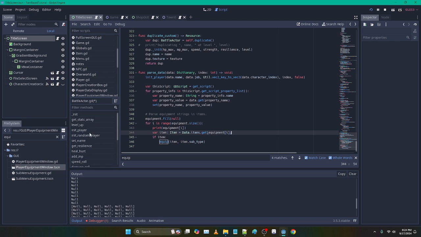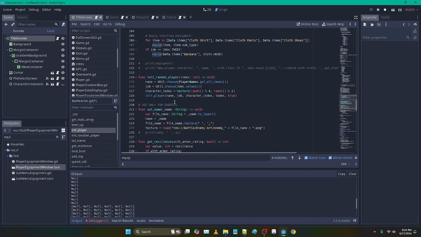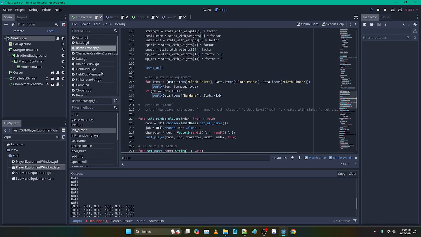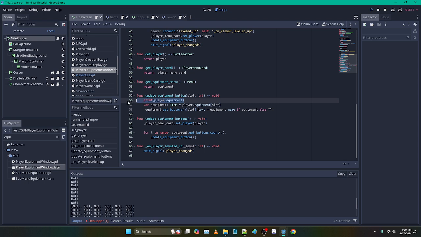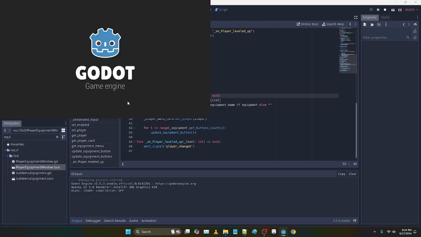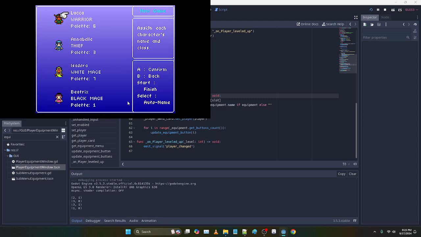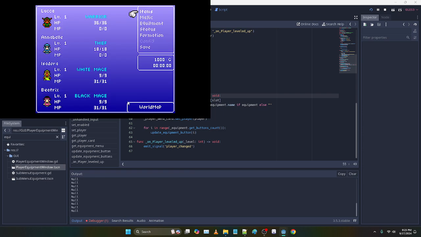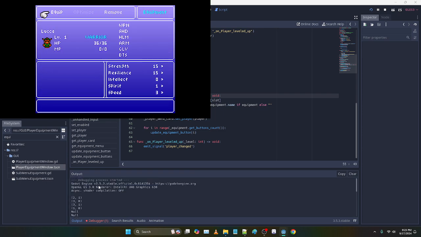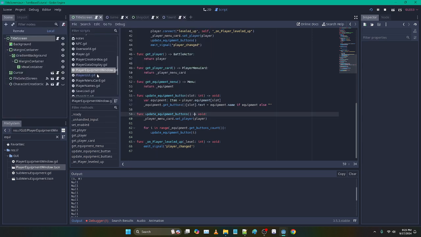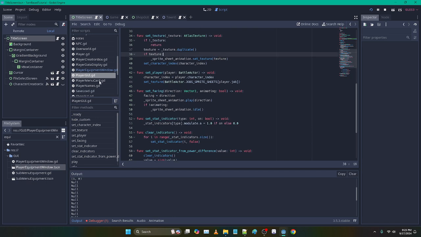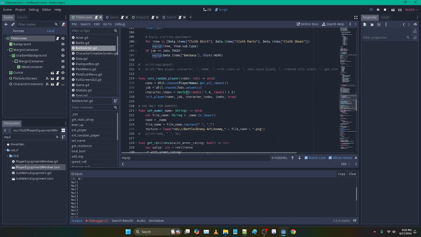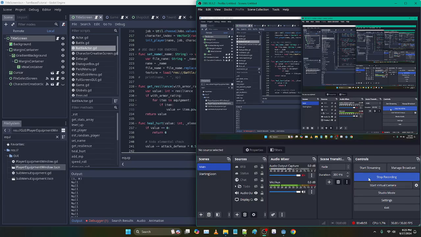And stop printing equipment. Where am I doing that? I'm just going to stop recording. This is kind of